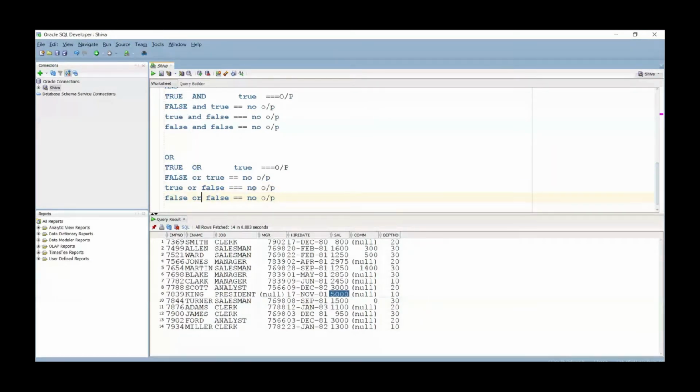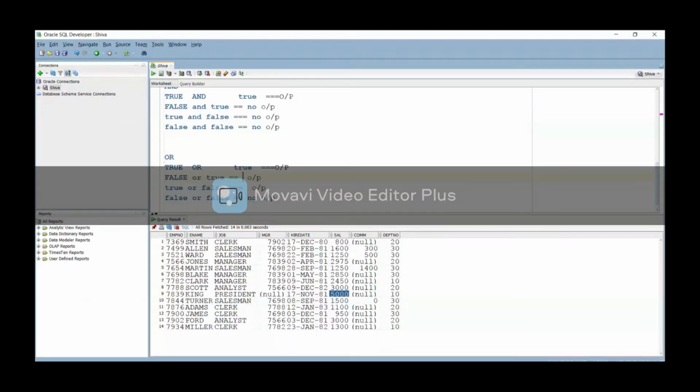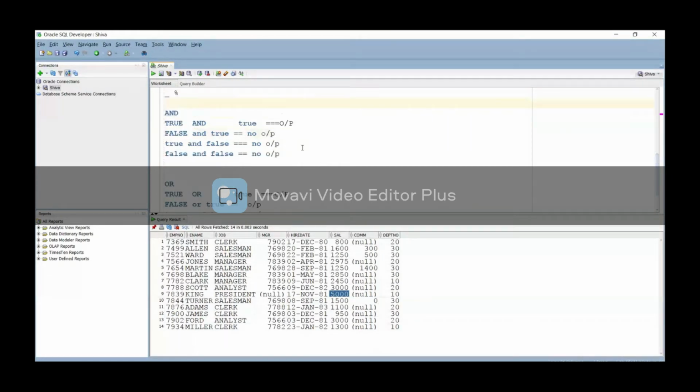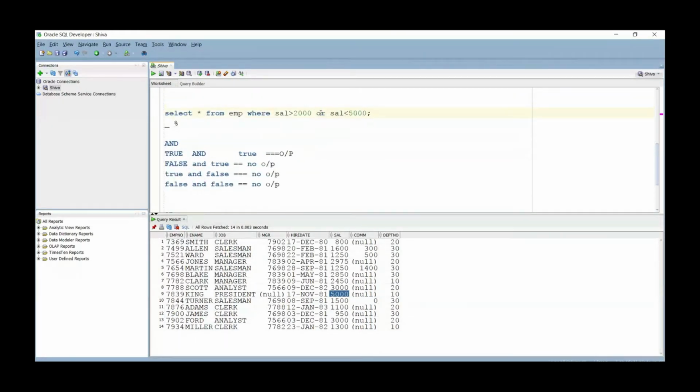Now tell me what output you will get here if I write the same query using the OR operator. If you really understood this, let me know.